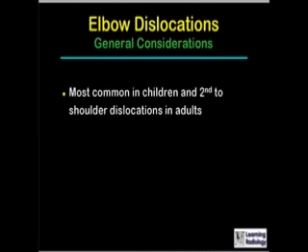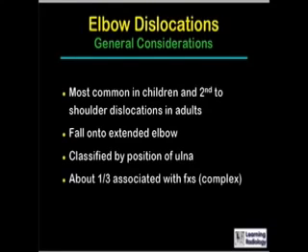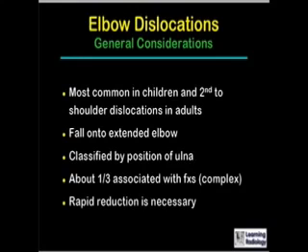Elbow dislocations are more common in children and in fact are the most common dislocation in children and second most common to shoulder dislocations in adults. They occur usually because of a fall onto the extended elbow. They are classified by the position of the ulna relative to the humerus. About a third of elbow dislocations are associated with fractures as well, and rapid reduction is necessary in order to